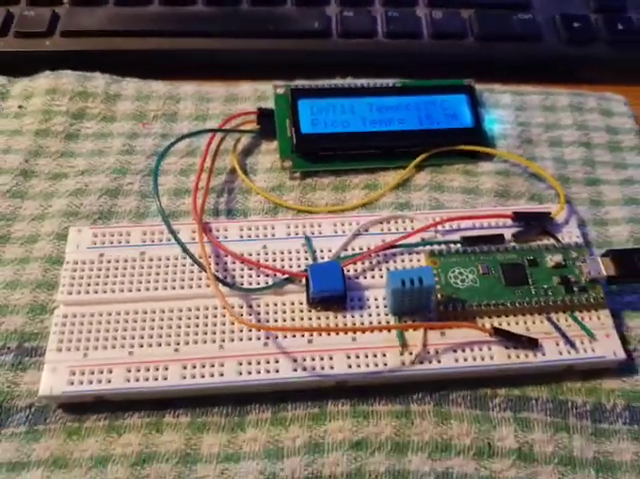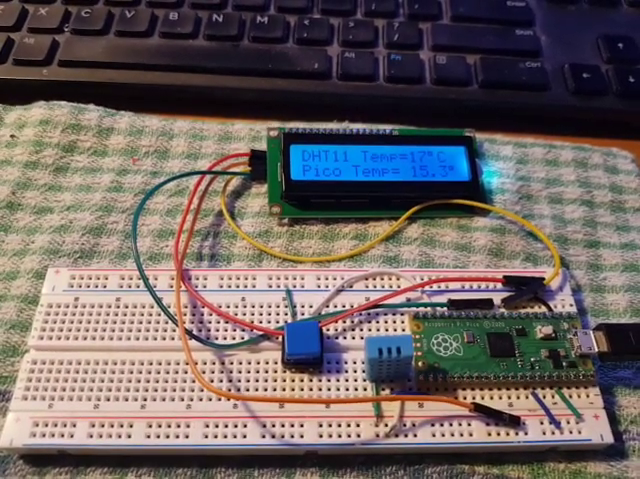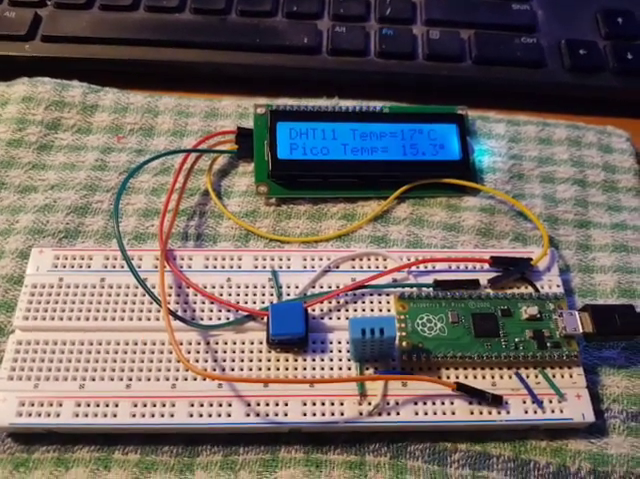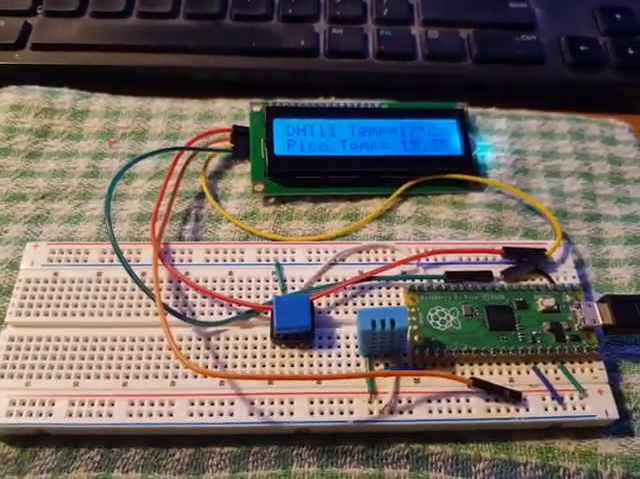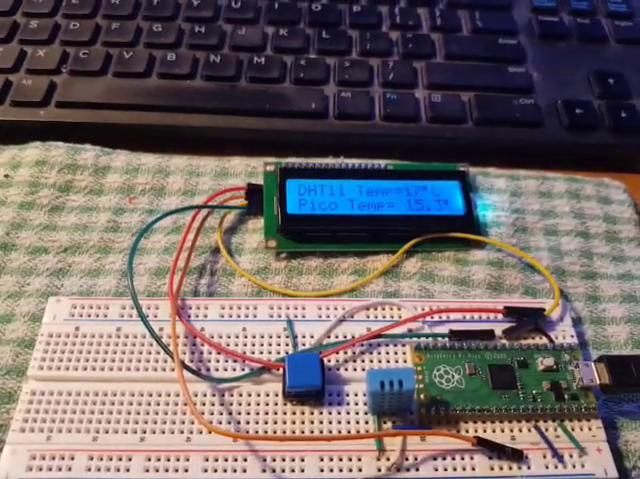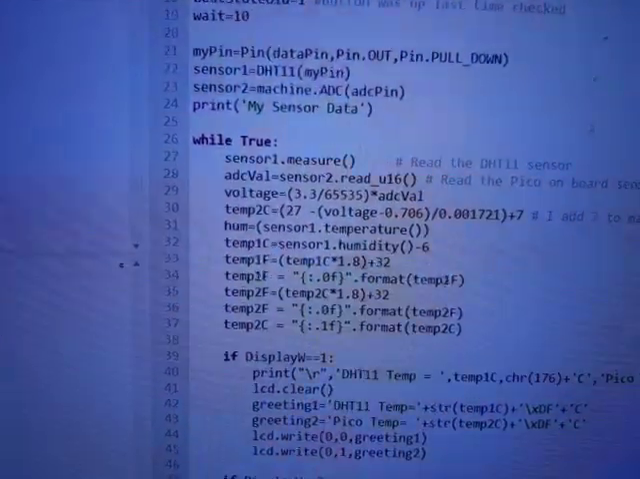Hi guys, our homework was to get the LCD display attached to our start of our weather station here, and here we go. This is what I have done to get my